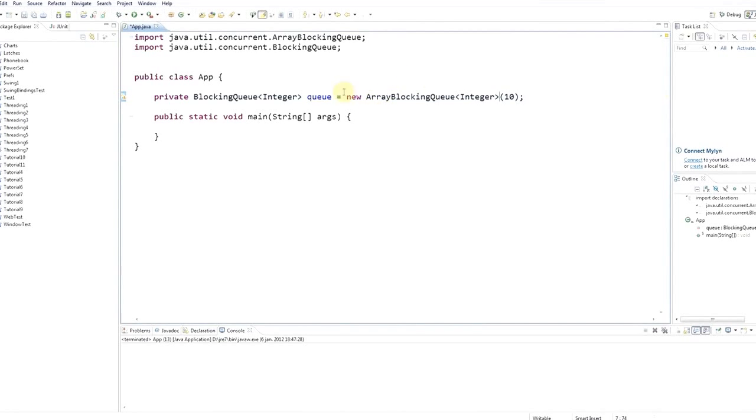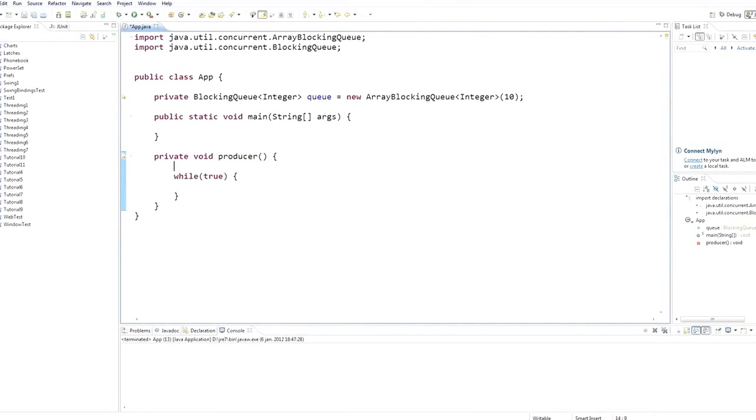Now the really good thing about these classes in the concurrent package is that they are thread safe, so I can access this from multiple threads and I don't have to worry about thread synchronization. And I'm going to have here a method. Let's say I'll make it private void. I'm going to call it producer, and what producer does is it loops indefinitely, and I'm going to make it